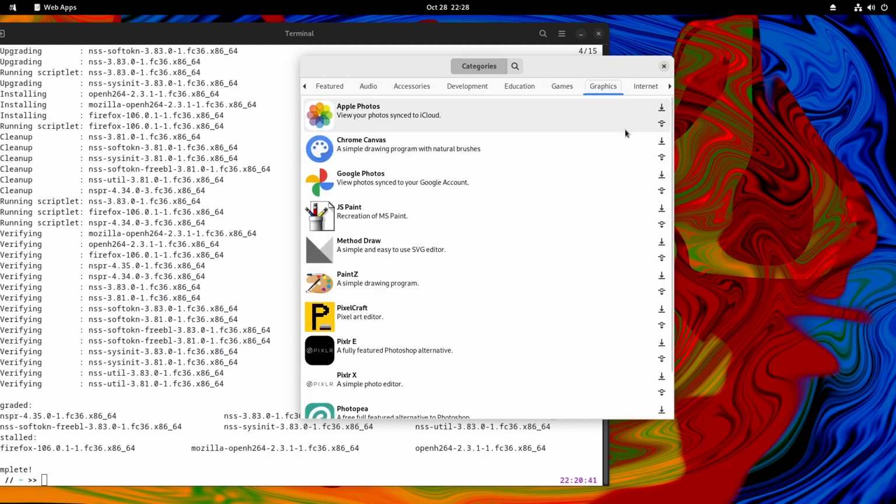Okay, but just remember that this is only make a launcher, something like a shortcut to the web application, not installing the application to your RisiOS.